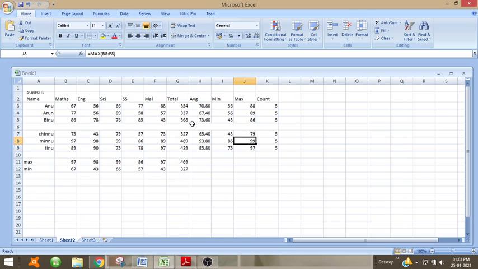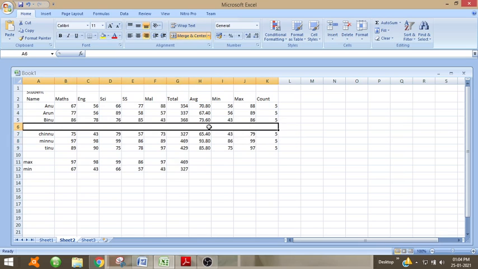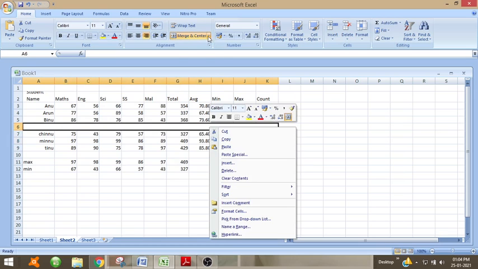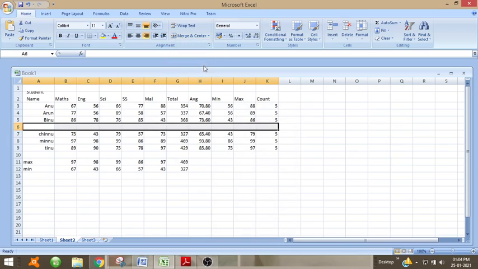Partitions are being made by just merging the cells across. Then if we want to merge cells, we can use merge cells, and if we want to unmerge the cell, we can select that particular cell and click on unmerge cells.